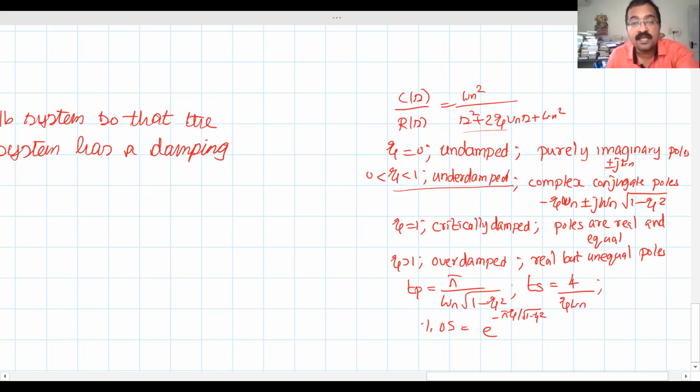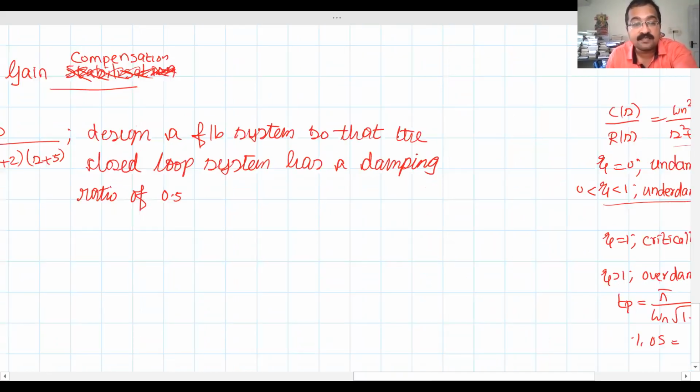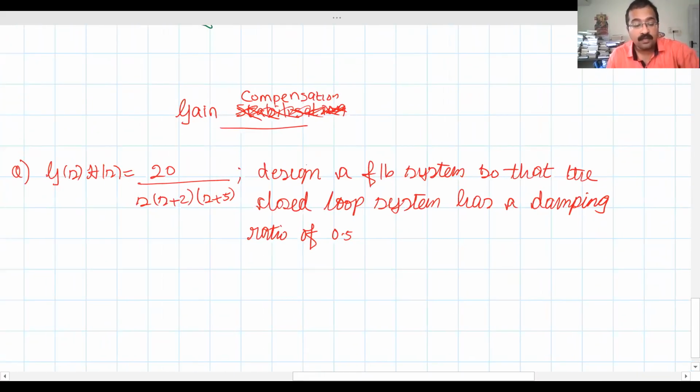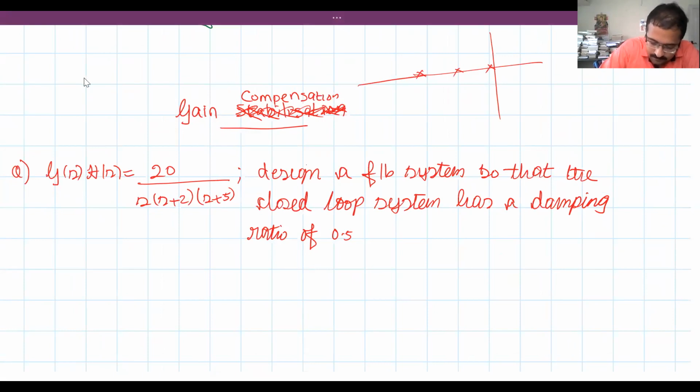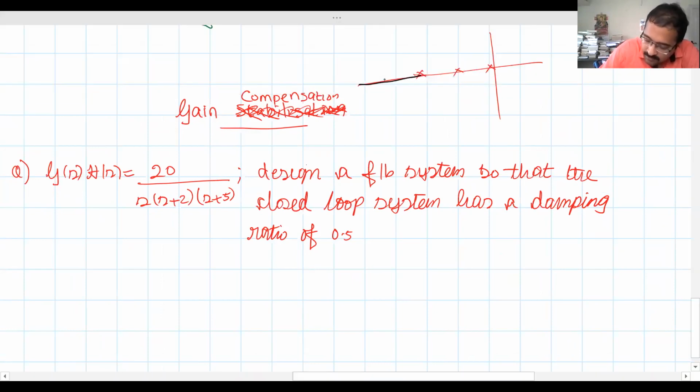Now you see here, what is the order of the given system? It is a third order. So that means we have to reduce this third order system to a second order equivalent system. Or in other words, we have to find the dominant pole pair. What do you mean by dominant pole pair? Say, let me take one example here. I will just draw a root locus. This example we had already seen. So along this branch we have one, here also we have one.